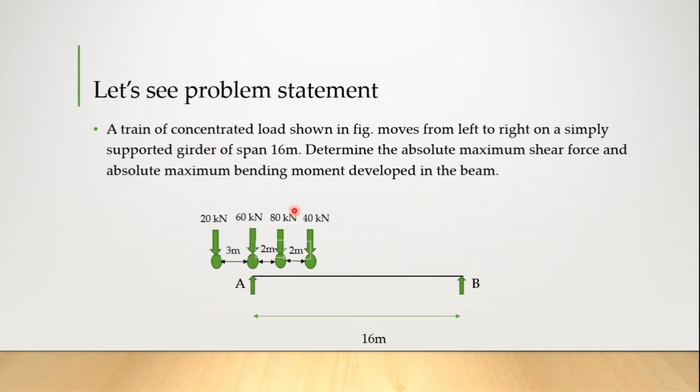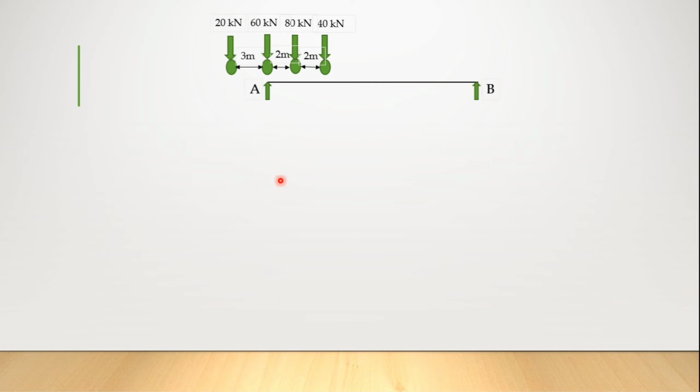Okay, so we know from the basics that maximum shear force in a simply supported beam is at the supports. Maximum shear force will be at A and at B. So we need to find where we are getting absolute maximum shear force, whether at A or at B, and how to place these loads to get maximum shear force. So first we will draw the ILD, influence line diagram, for reaction at A.